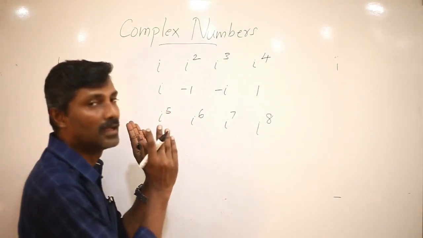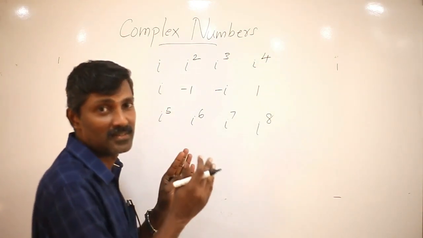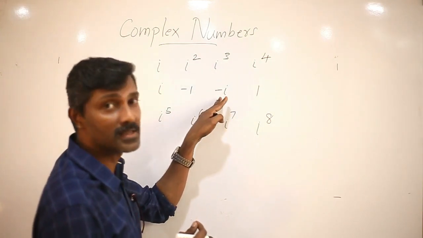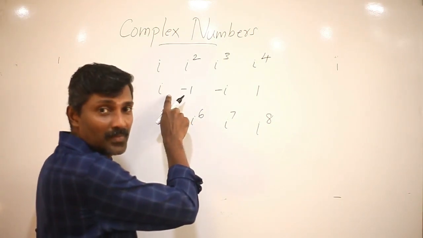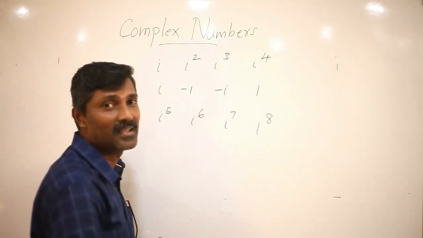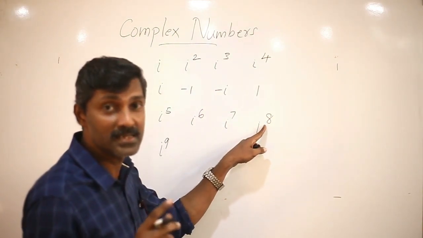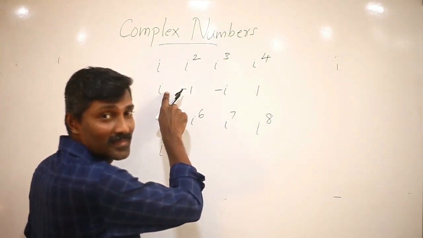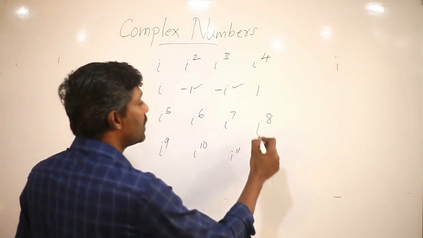So that means the values of the powers of i get repeated after 4 powers. i square is minus 1, i cube is minus i, i raised to 4 is 1. Again the values get repeated. i raised to 5 is again i, i raised to 6 again is minus 1, i raised to 7 again is minus i, i raised to 8 again is 1. And this will again repeat. i raised to 9 is i raised to 8 into i, right? i raised to 8 is 1. So 1 into i is again i. And again i raised to 10 will be minus 1, i raised to 11 will be minus i,